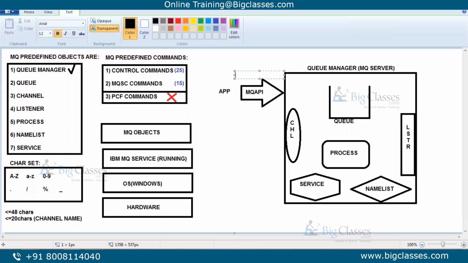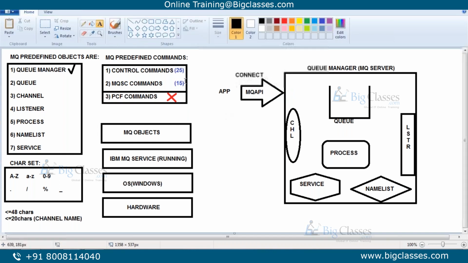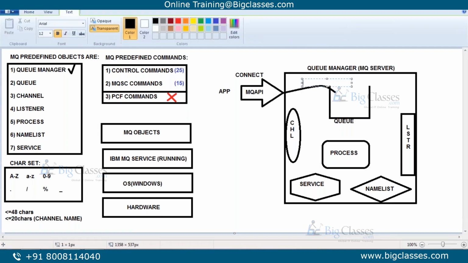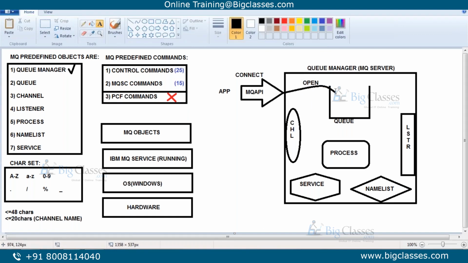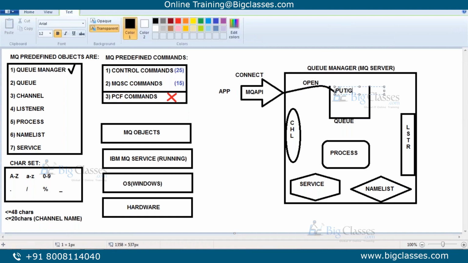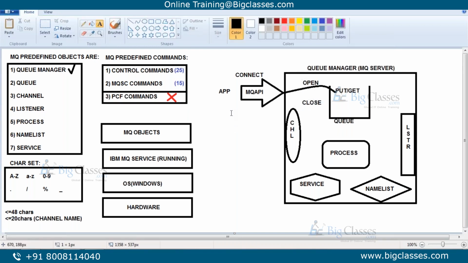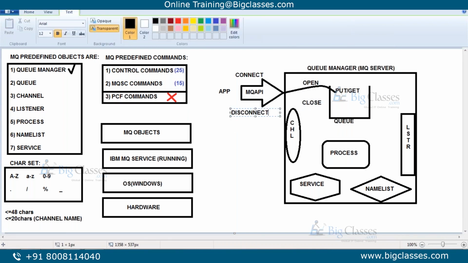First it creates the connection, then it opens the queue. It performs either put or get. Then it closes the queue. Finally, it disconnects from the server.